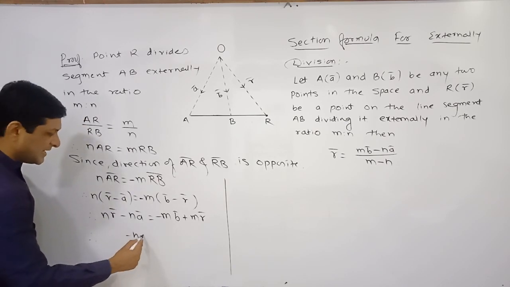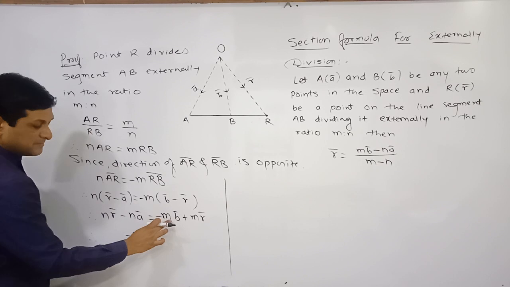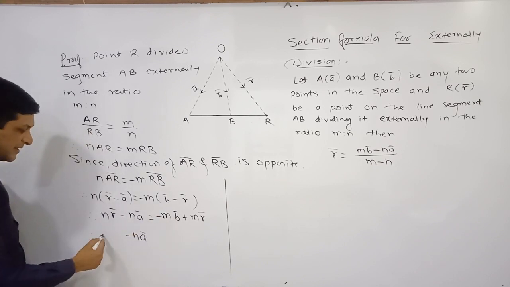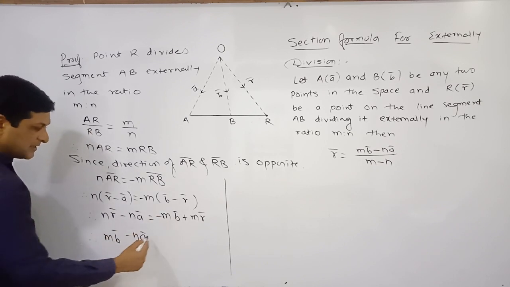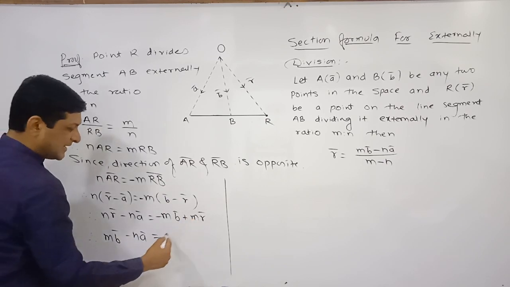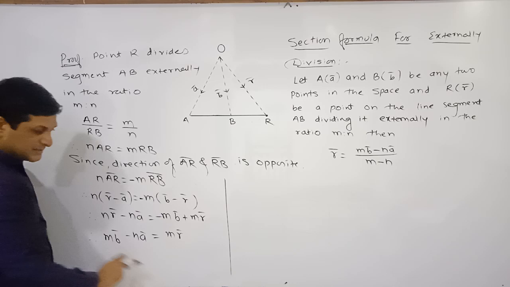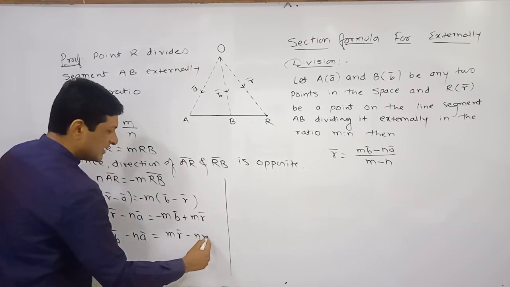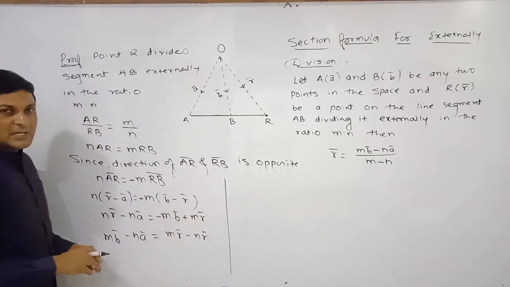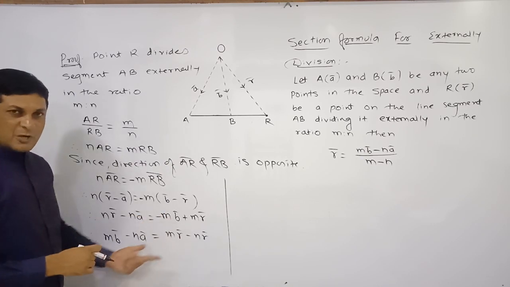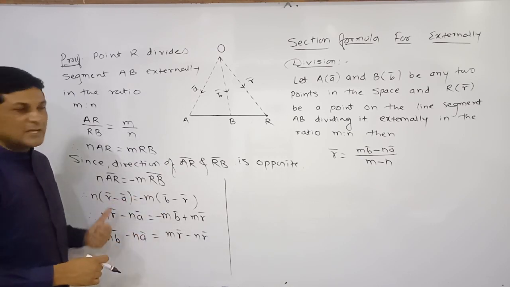So minus NA bar, keep it as it is. This plus MB bar on this side will become minus MB bar... which is equal to, on this side, MR bar, keep it as it is, and this plus NR bar on this side will become minus NR bar. We are just interchanging the terms using transformation. A plus term on this side will become minus, and a minus term will become plus.